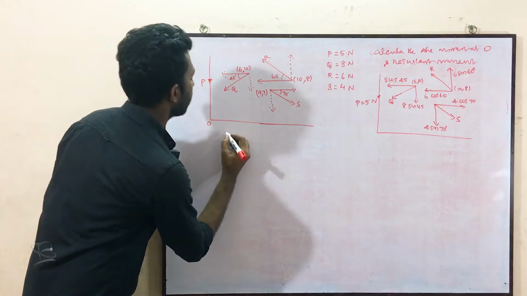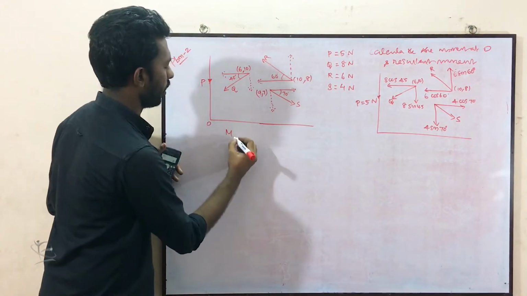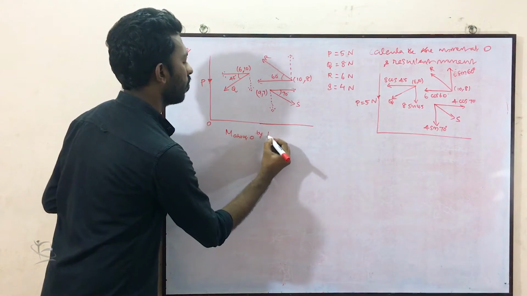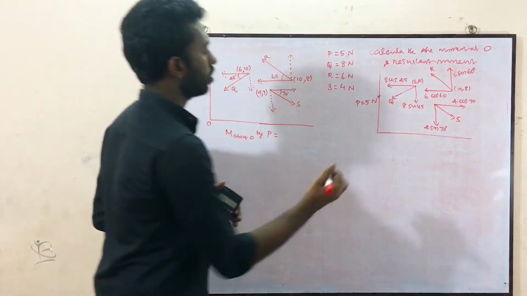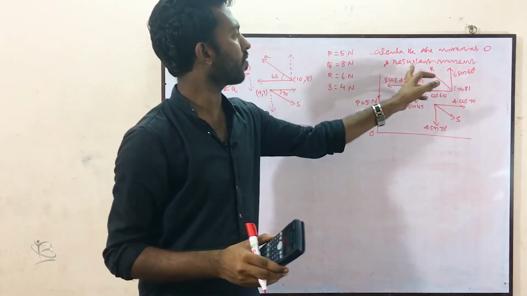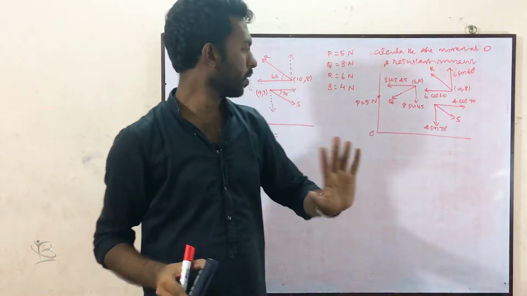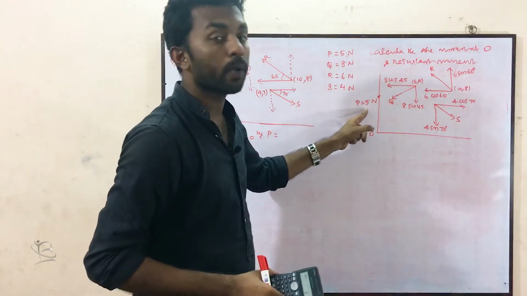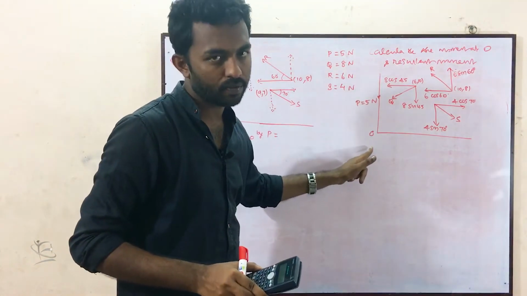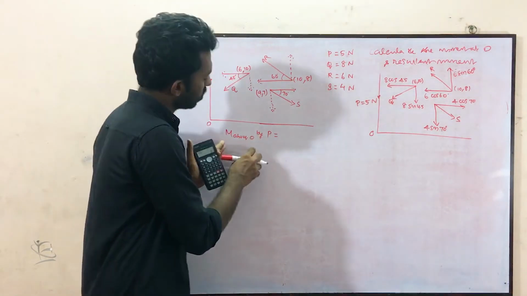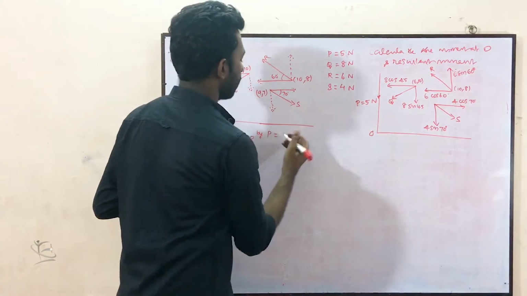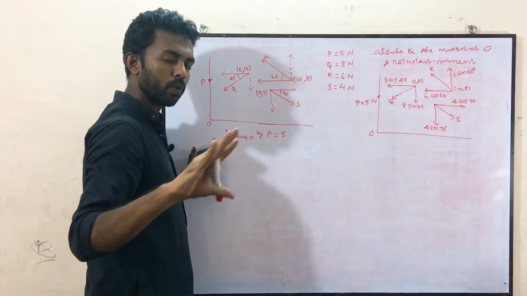Now our duty is to calculate the moment. So the moment about O, first by P. This point is O. Individually we have to calculate the moments, and finally for the resultant one you have to add everything. P is not an inclined force, it is a vertical force. We know that moment is equal to force into perpendicular distance. Now the force can be written here as 5, no problem.